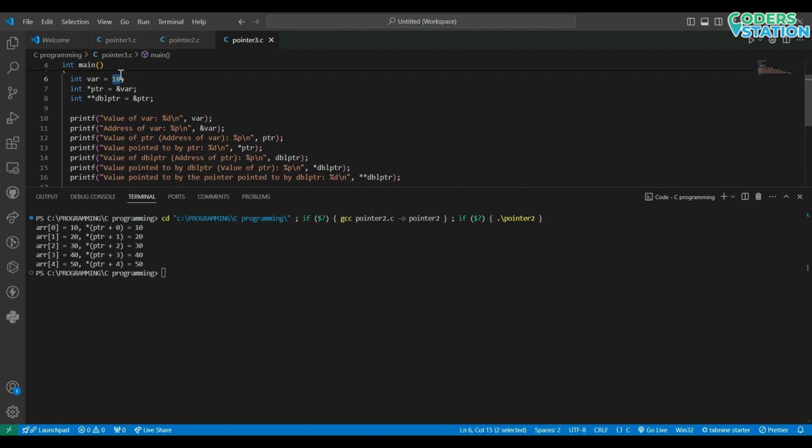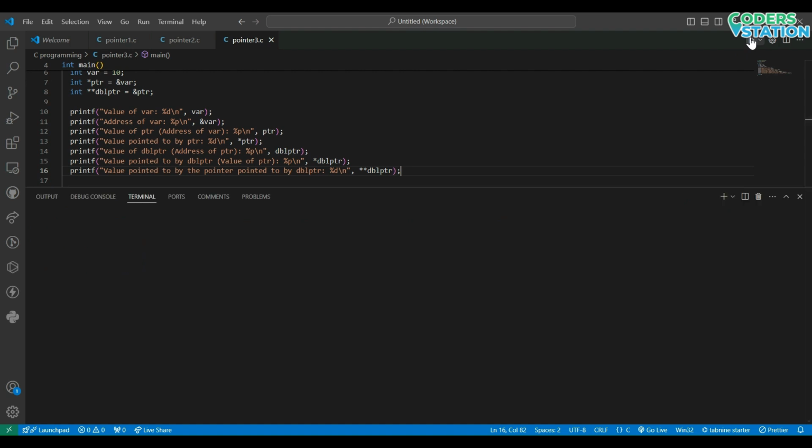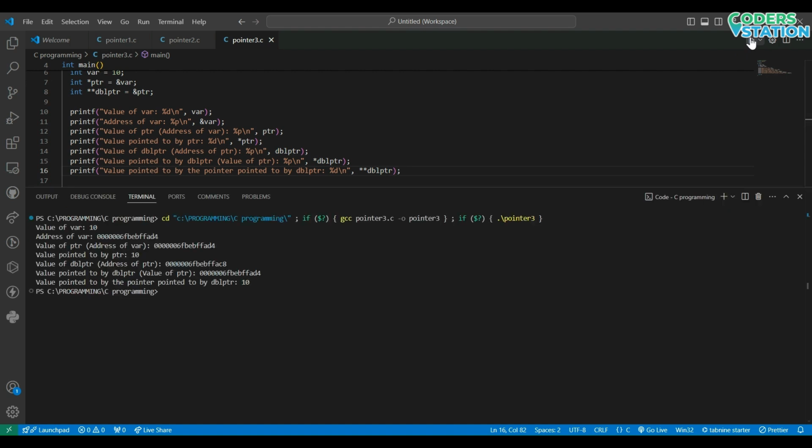It will only print the value of var, which is 10, if we write a double asterisk, that is a double pointer, to the dbl ptr variable. Let's see how this program works. I know it is a bit confusing, but I have tried to explain it in an easy manner. If you have any doubt in this concept, please comment below and I will solve all your doubts.